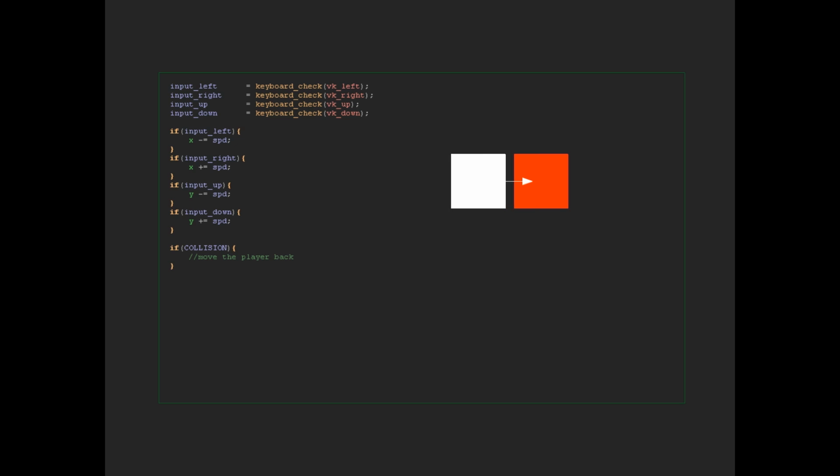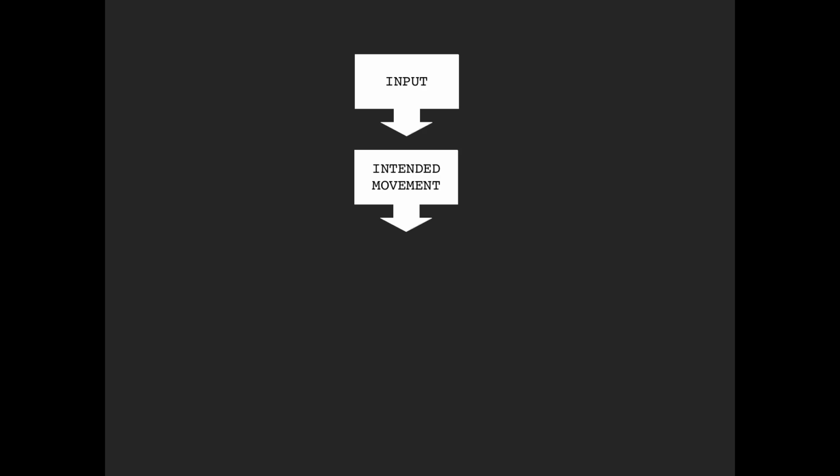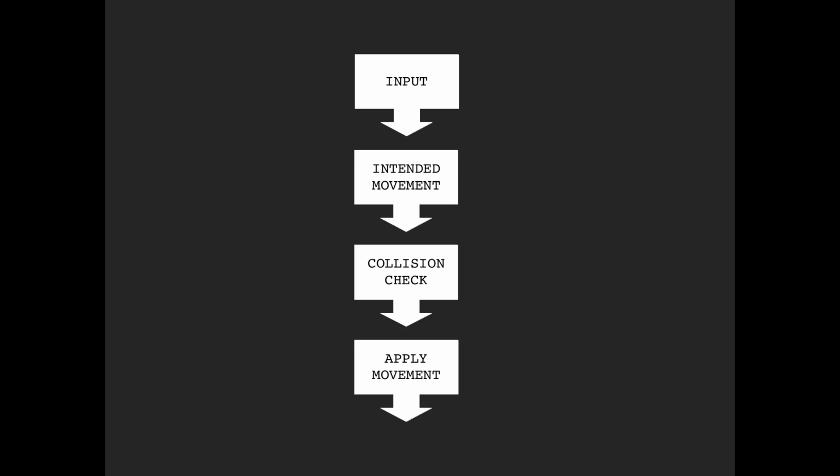Let's say our player's speed is 6 and it's 4 pixels away from a wall. We want it to move only those 4 pixels and then stop right in front of the wall. So to do this, we have to set up the logic for our system differently. First, we check for the player's input. Then we calculate to see how much we want to move. This is kind of our intended movement. Then we check that intended movement to see if we're going to collide. And if it passes, then we apply the movement and only then do we change the player's X and Y